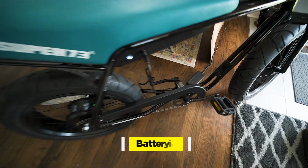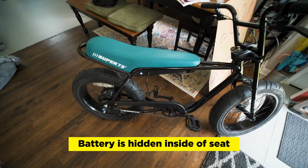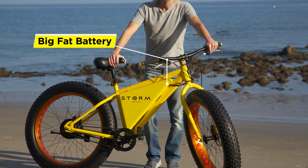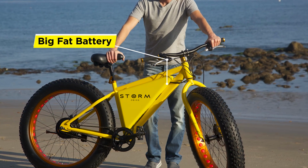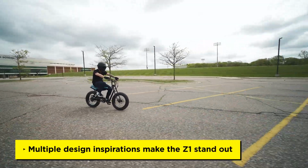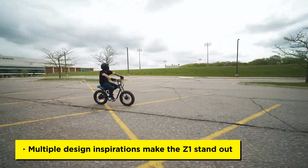But let's talk about the elephant in the room, the seat and the battery combination. Aesthetically, it's a great piece of design that's just so clever it's not even noticeable. And I mean that in a good way. The bike draws your attention by the sum of its parts as opposed to one specific thing, such as a big fat battery sitting on an e-bike frame. Is it an e-bike? Is it a fat bike? Is it a moped? It's kind of all those things,